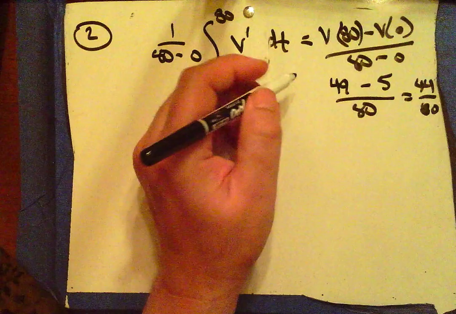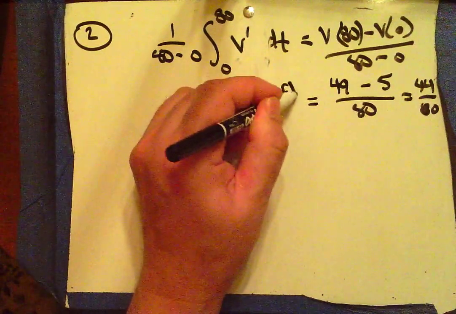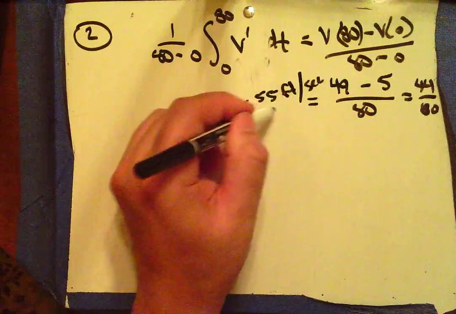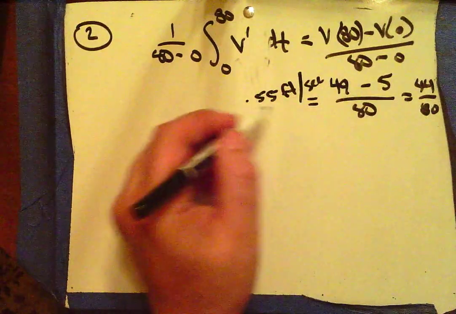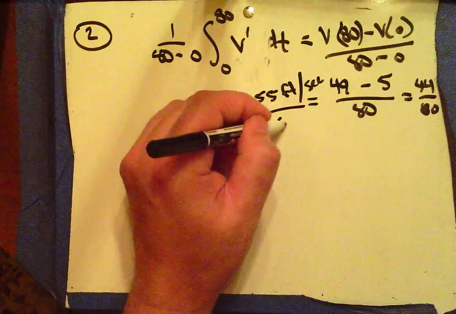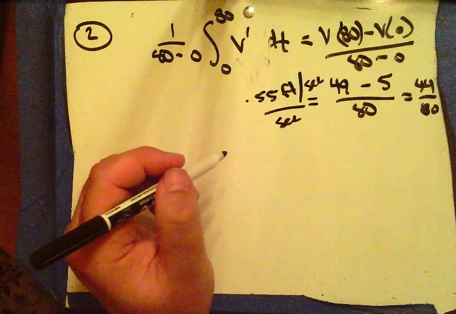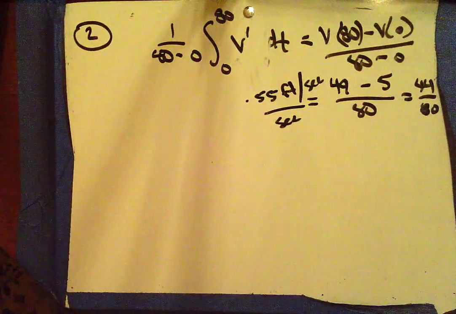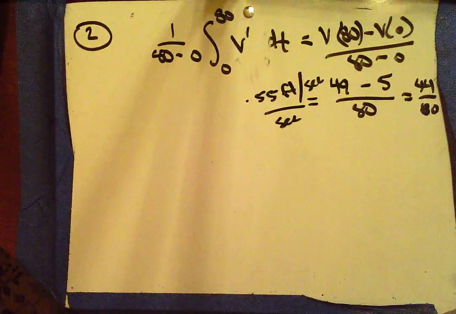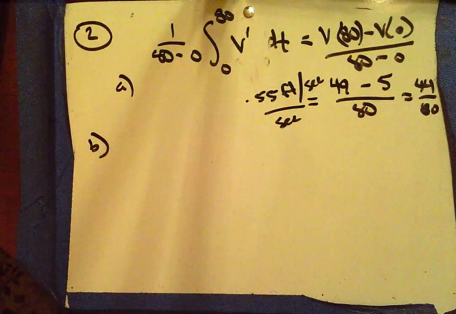You could certainly reduce that or decimalize it as 0.55 feet per second on top. That's velocity units on top, and on the bottom we have seconds. So feet per second, or feet per second squared. Okay, so that's 2. A, indicate units of measure. Yes, I did. B says,